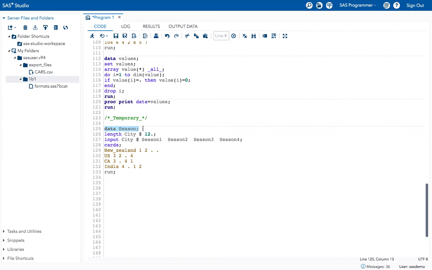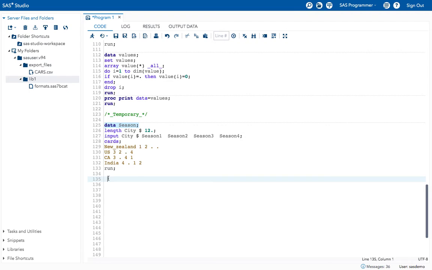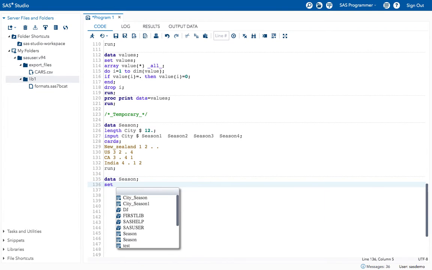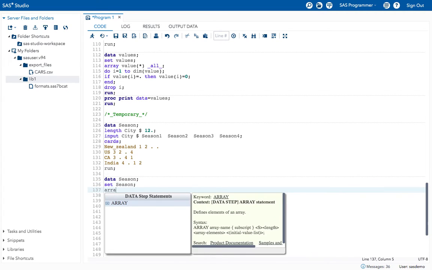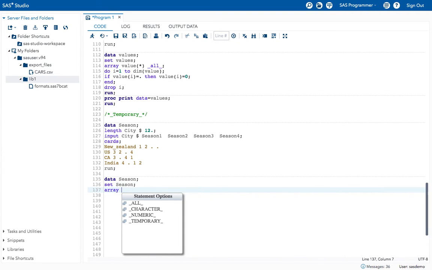I'm copying the data. Data seasons, set season. Now array, assign a name. I will give the array name as seasons.